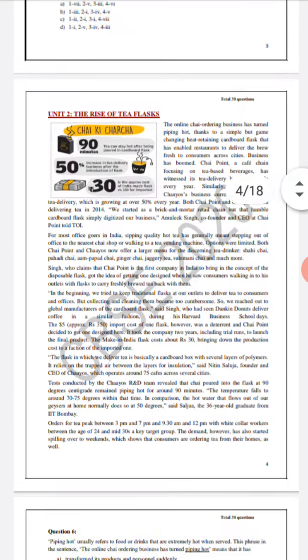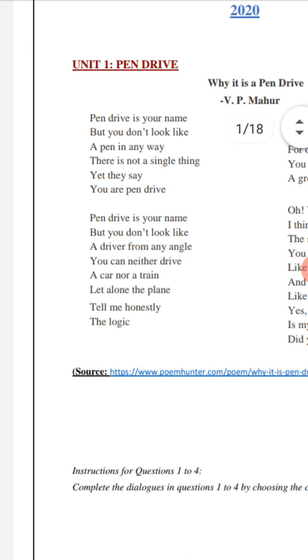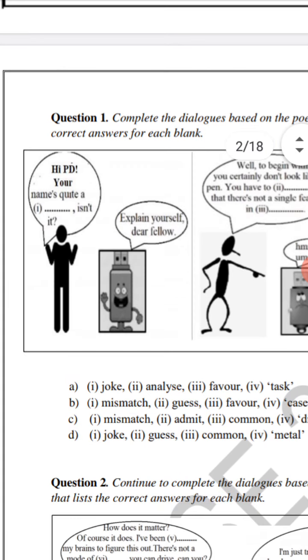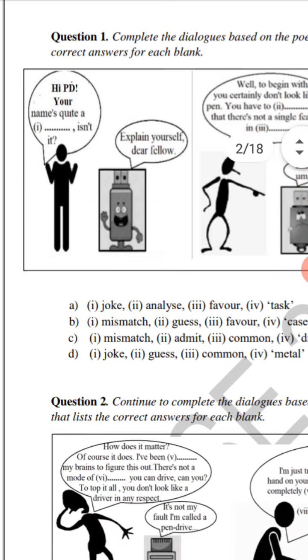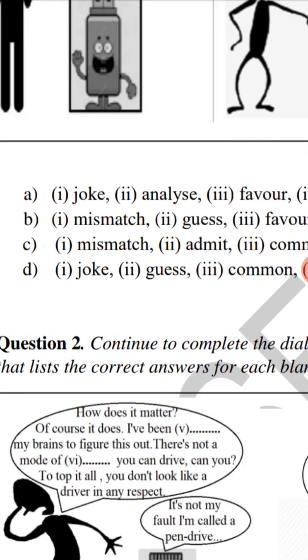For example, I will tell you, this is the first question in unit 1. In unit 1, read the paragraph, and from here the question number 1 will start. You read the paragraph and you go to these pictures. You observe, they will ask some questions. For example, if the first question answer is B or C, you write 1 C.